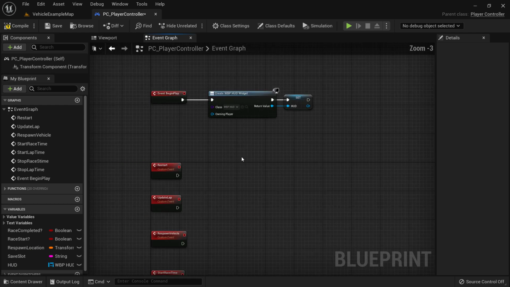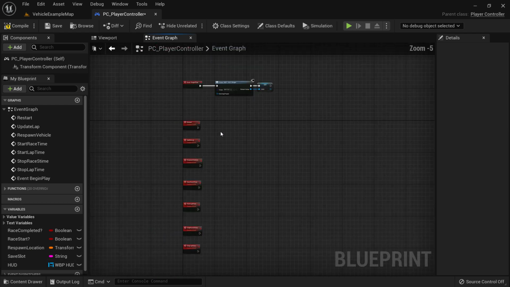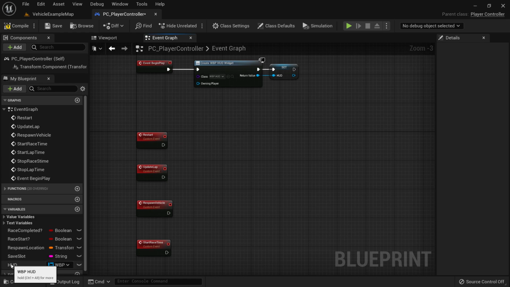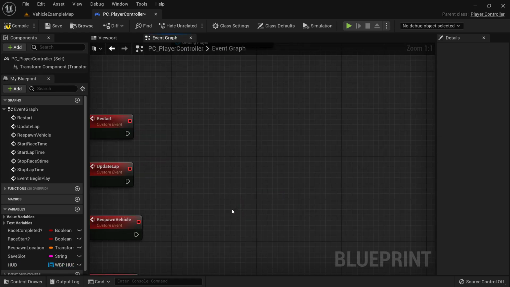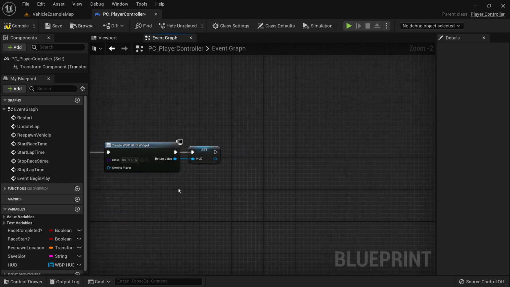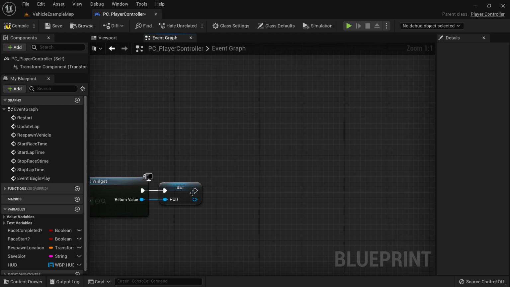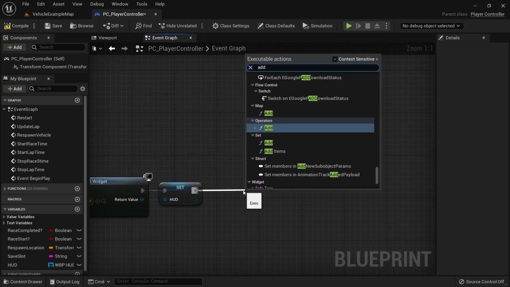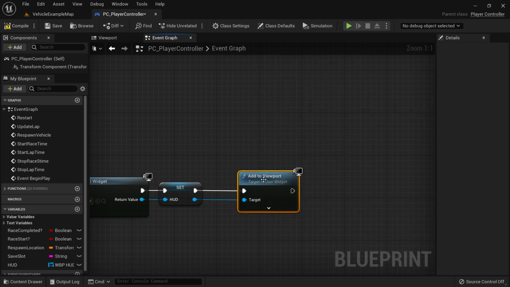That gives us a variable as a reference. Then if we want our heads up display reference for any of these codes, I can get this from here as a reference. We don't need to call it every time and get the HUD. And we need to add it to viewport,